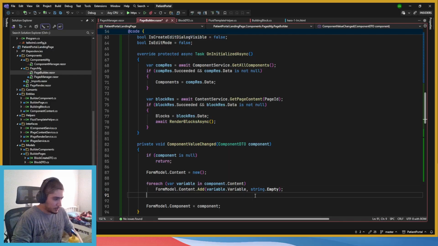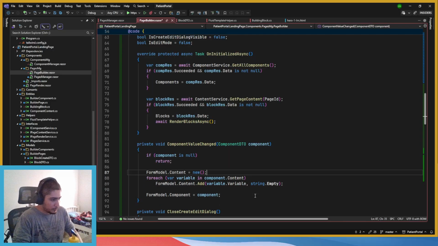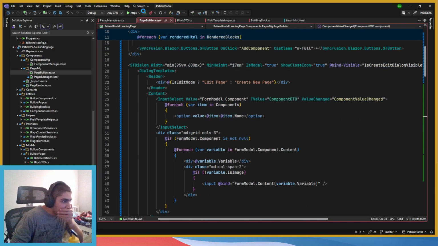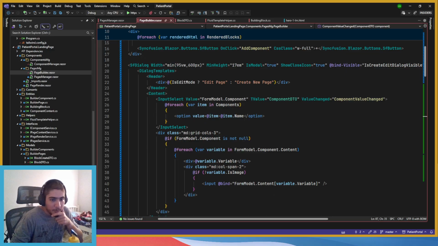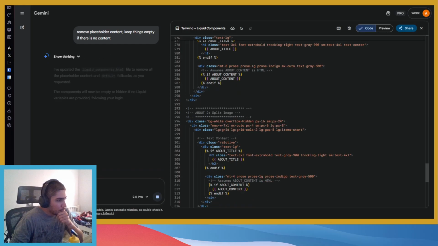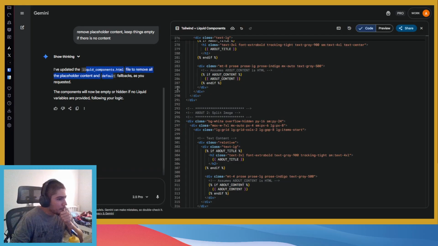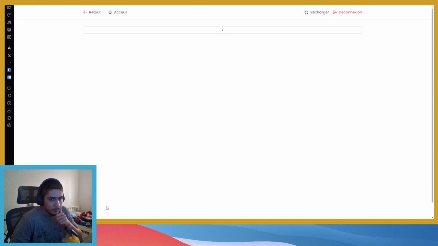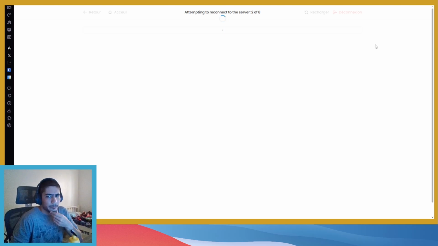Okay, so to make it cleaner, let's do this. I don't know, will this work or will this break? That's the question we want to answer. Let's go to our form. Well, I think Gemini did the work. Let's see. Load this page, if it works to begin with. Do we have it show the dialogue actually? Yeah, we do have it to show the dialogue.